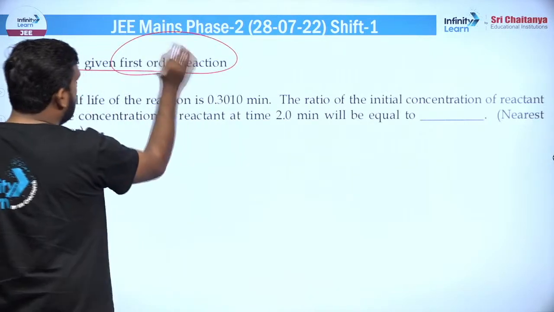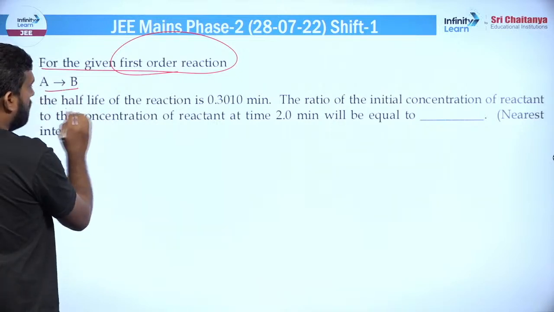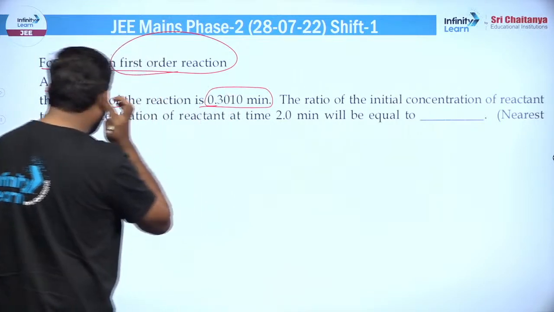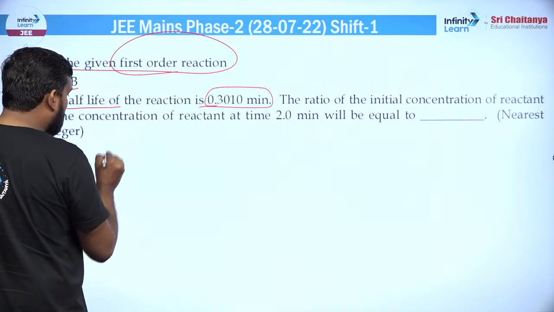चलिए आगे बढ़ते हैं नेक्स्ट क्वेश्चन की तरफ। फॉर ए गिवन फर्स्ट ऑर्डर रिएक्शन, तो फर्स्ट ऑर्डर रिएक्शन है, A टू B में कन्वर्ट हो रहा है, और बेसिकली हाफ लाइफ ऑफ द रिएक्शन आपको इतनी दी गई है। अगर आपको हाफ लाइफ पता है तो आप K पता कर सकते हो ना, K